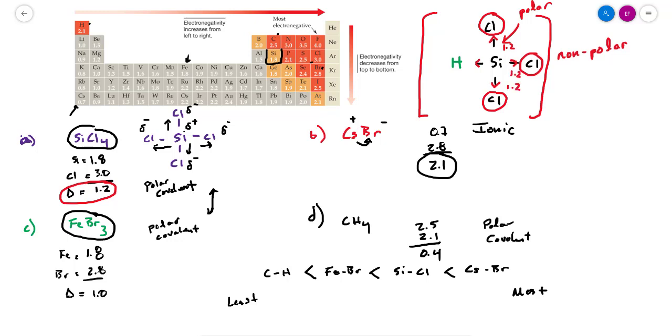With hydrogen, though, we have silicon of 1.8 and hydrogen of 2.1, so there's only actually a 0.3 pull towards the hydrogen, which would mean there'd be a greater distortion of electron density on this side of the molecule compared to this side of the molecule, and we would actually say that this is a polar